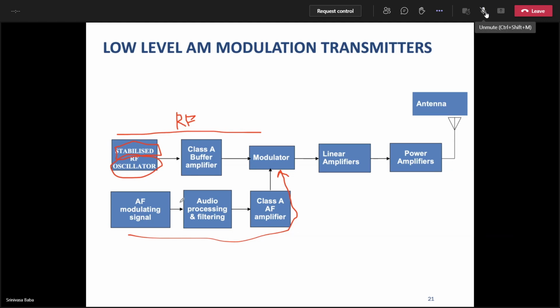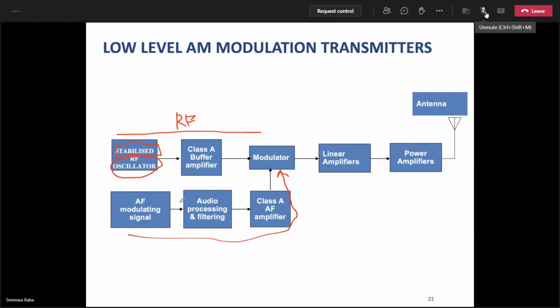Good. It will not change with climatic conditions. It should not change with the ambient conditions. It should not change with the temperature of the room, and it should not change with time also, aging also. If you are designing a transmitter today, it should function tomorrow, day after tomorrow, and after 1 year, after 2 years, after 5 years also. With respect to aging, the oscillations produced from this oscillator must be stable. Similarly, with respect to load current variations or fluctuations also should be stable.